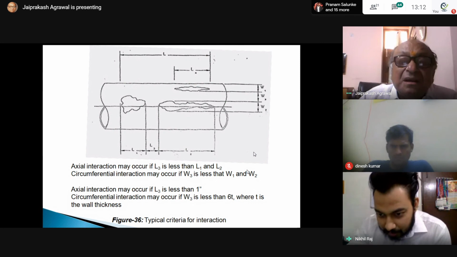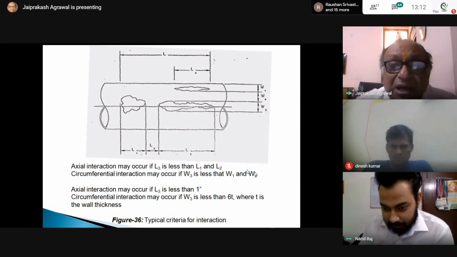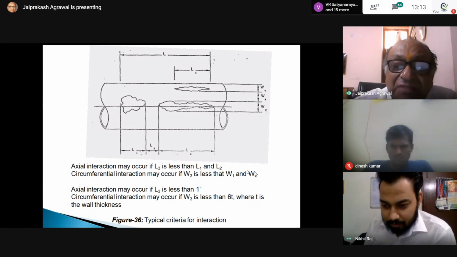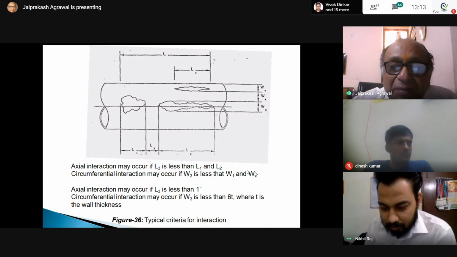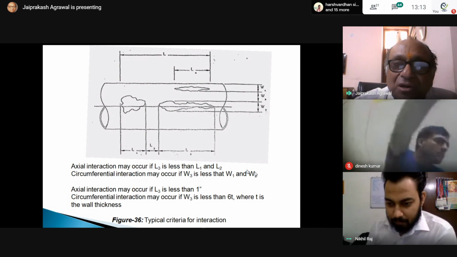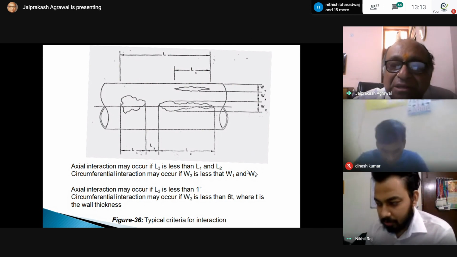Okay, and Ketan Patil wants to know how the speed of the pig tool is controlled inside the pipeline. The speed of the pig tool is controlled by the flow of the gas or the oil, because it is the differential pressure which is the reason for the pig to pass. So they will give you the guideline that your speed of the gas flow should be how much in meters per second.